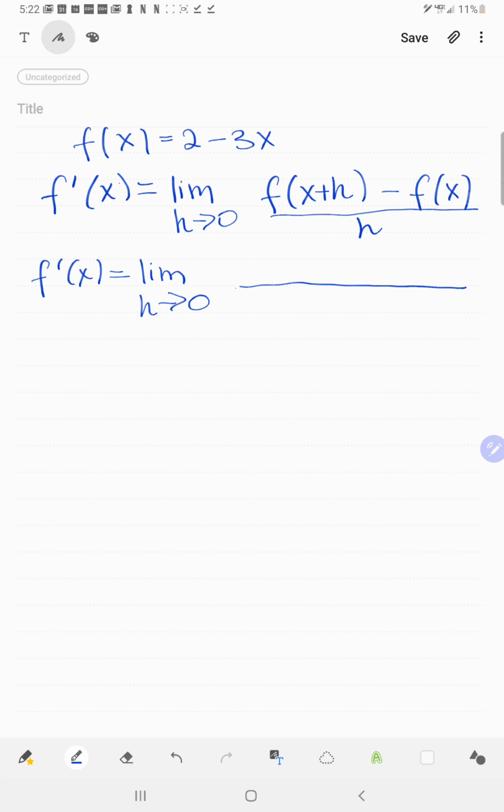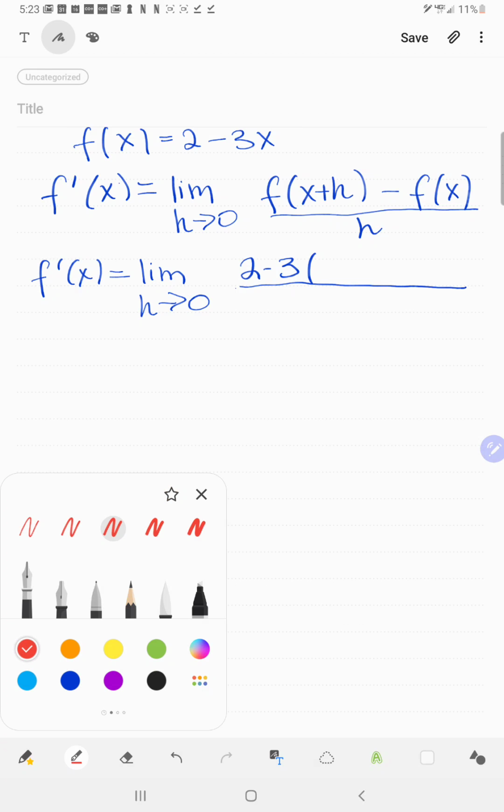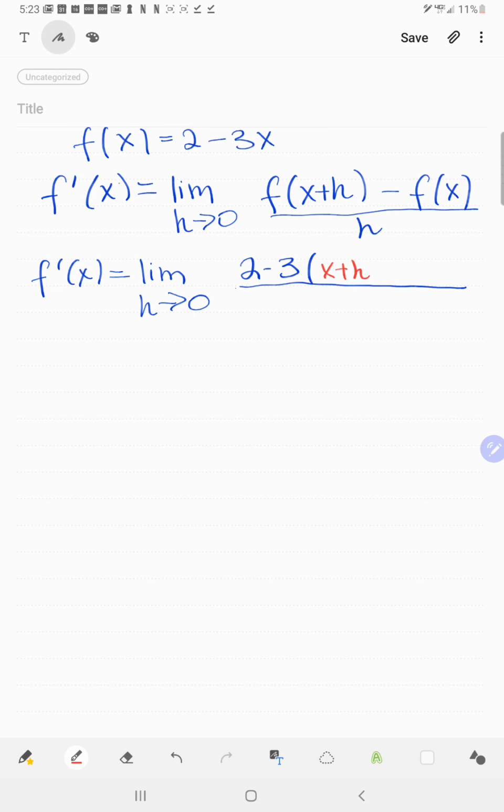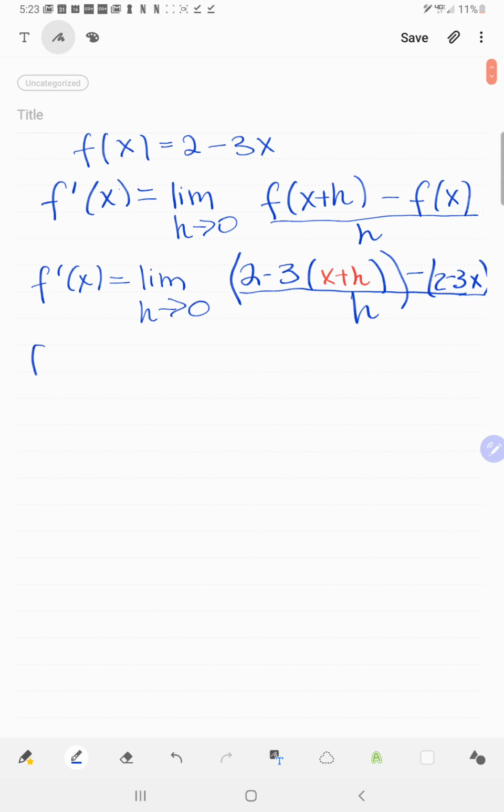So for x plus h, we just get the function and plug in x plus h over here for x. We'll have 2 minus 3 times, and I'll just change the color for x plus h so you can see where I plugged it. So you need to plug it anywhere that you had an x in the original function. So this is our f of x plus h, and now we'll just plug in f of x, which was 2 minus 3x, and then we divide the whole thing by h. So just continuing rewriting all this stuff down,